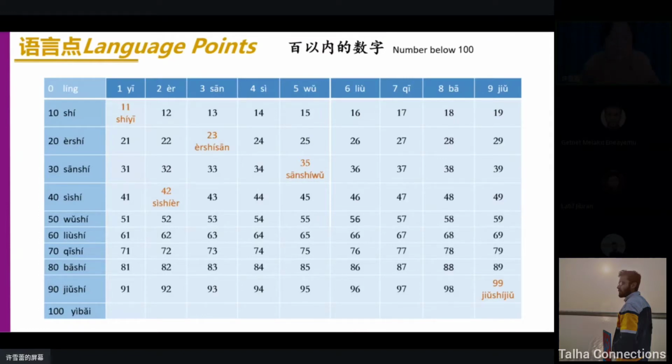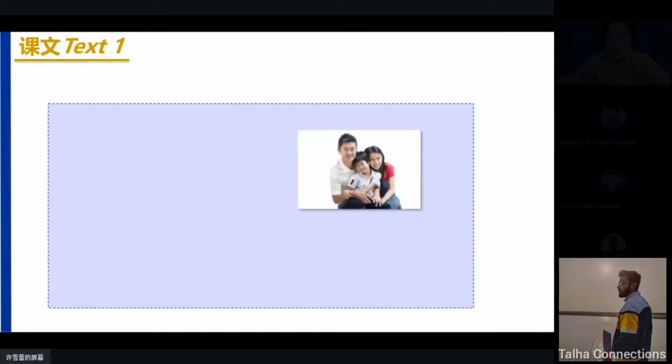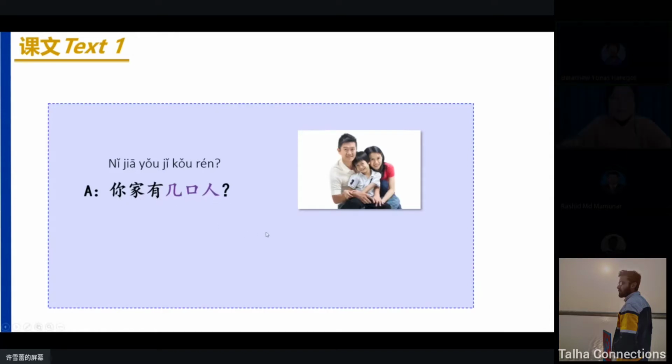Yeah, last time you learned to read the numbers. I'm wondering whether you have worked hard enough on the numbers. And last time we learned how to ask about the number of your family members. 你家有几口人, right? 你家有几口人？几口人？